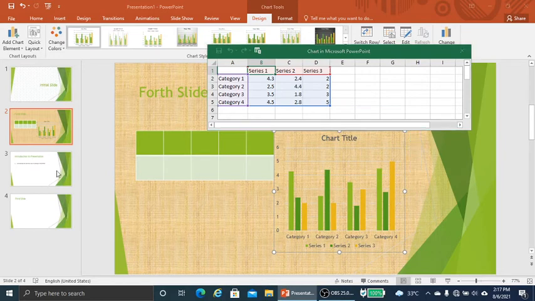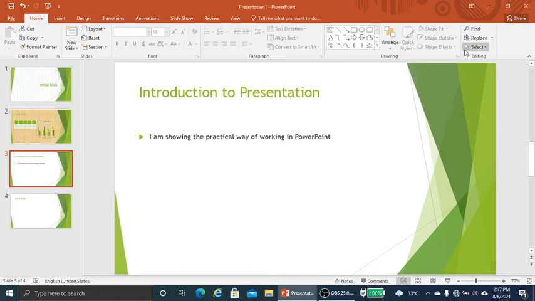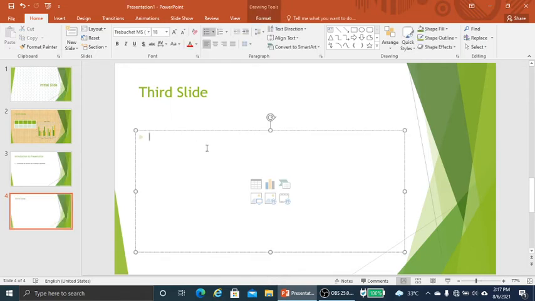Now, how to insert WordArt and shapes. We can insert WordArt and shapes also. For inserting WordArt, we select the text. Suppose let me write here, test.